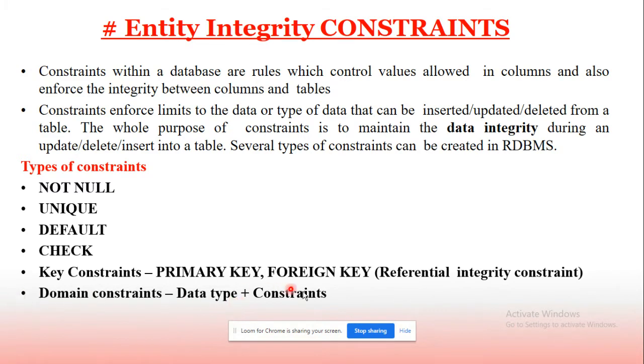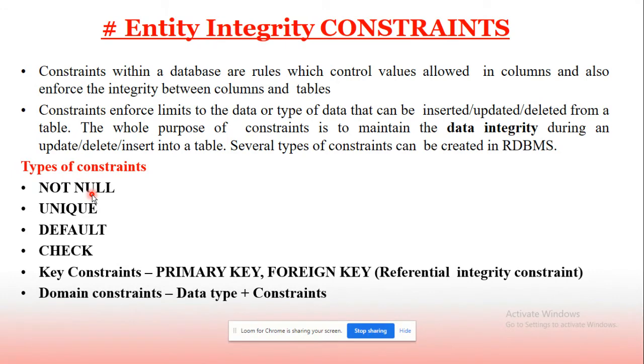So these are the domain constraints. Domain constraint comprises the data type plus any of these constraints. Even if we have not defined any constraint, we still have the data type constraint for all the columns: number, date, varchar, etc. Now we are going to implement these constraints and check how the conditions can be set using these constraints for a particular column in the table.